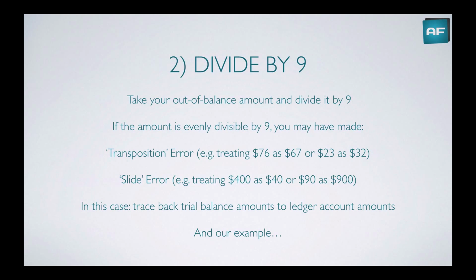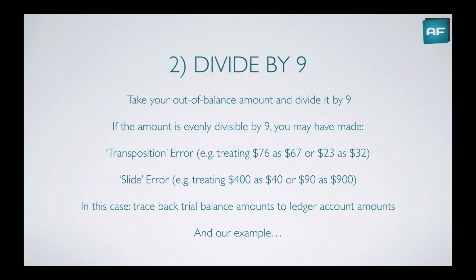Okay, here's the second one. This is divide by 9. So what you've got to do is take an out of balance amount. So go to your trial balance, have a look where your debits and credits are out of balance, and divide the difference by 9. So the out of balance amount by 9. And if the amount is evenly divisible by 9, so there's no remainder, it means